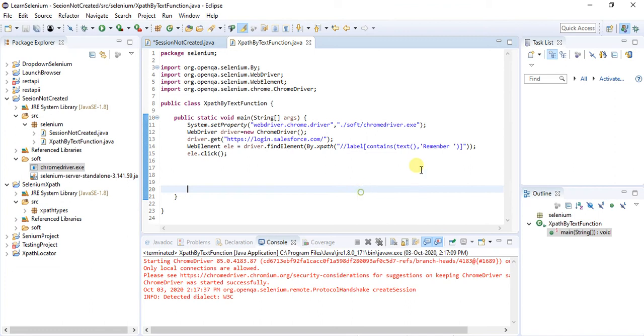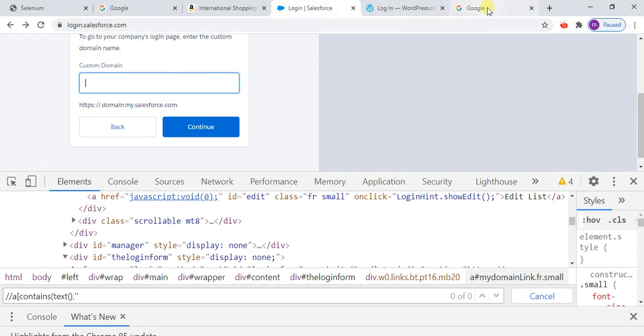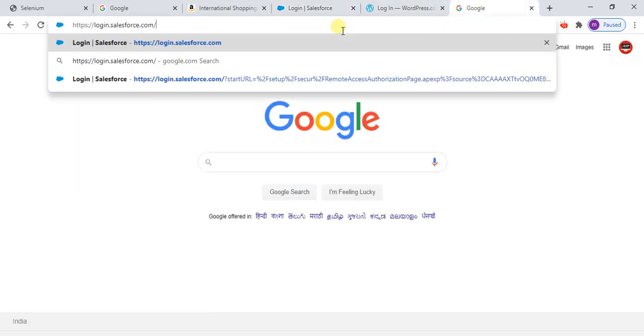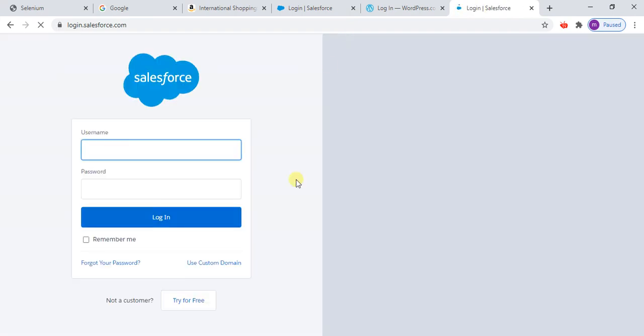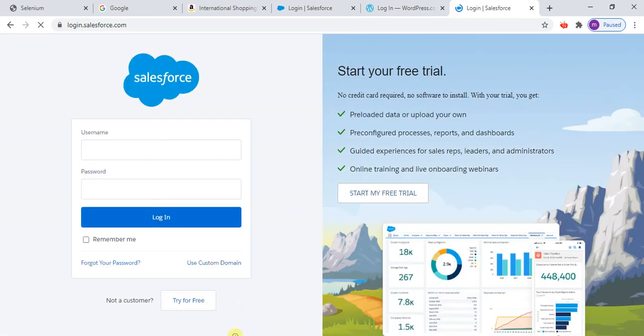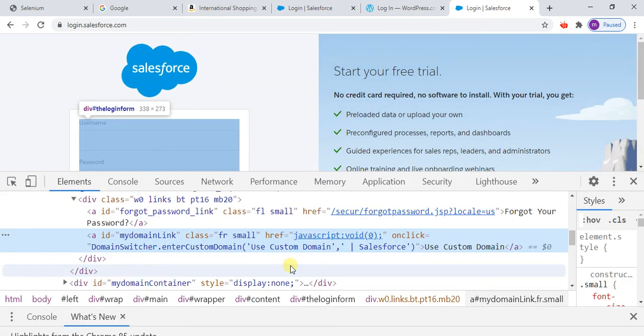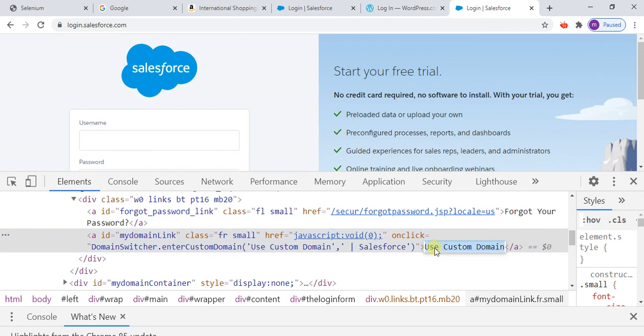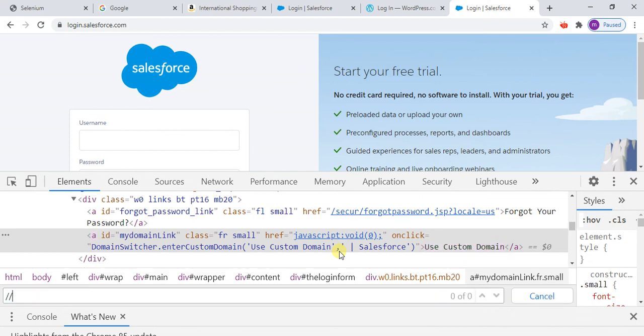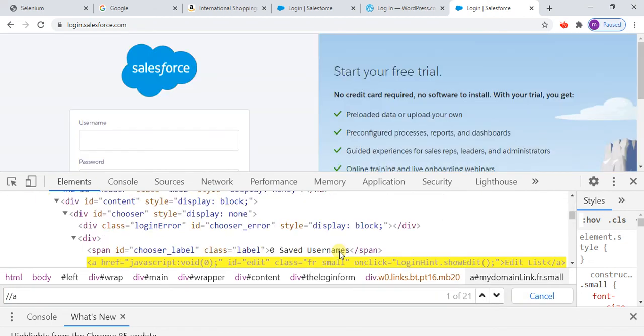I will take this URL, only the remaining part of this. So we have 21 tags over here.